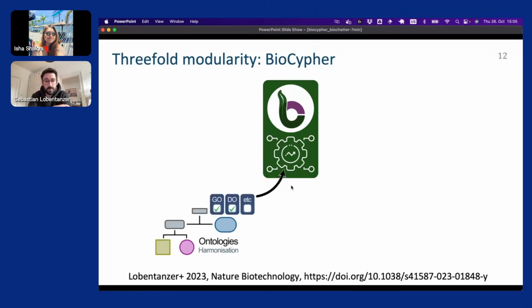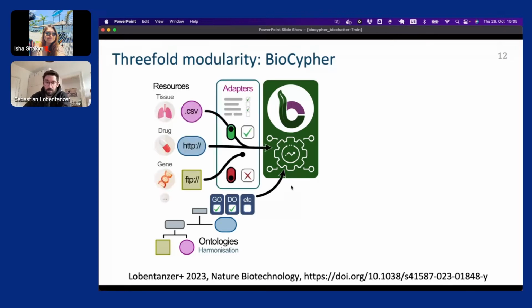The second modularity component is ontologies. So we want to instill some domain knowledge into our models. So in the biomedical case, we could, for example, use the gene ontology, disease ontology, cell ontology, and so on. We bring them together using a very constrained configuration in YAML format, which is nice to then also communicate to language models.